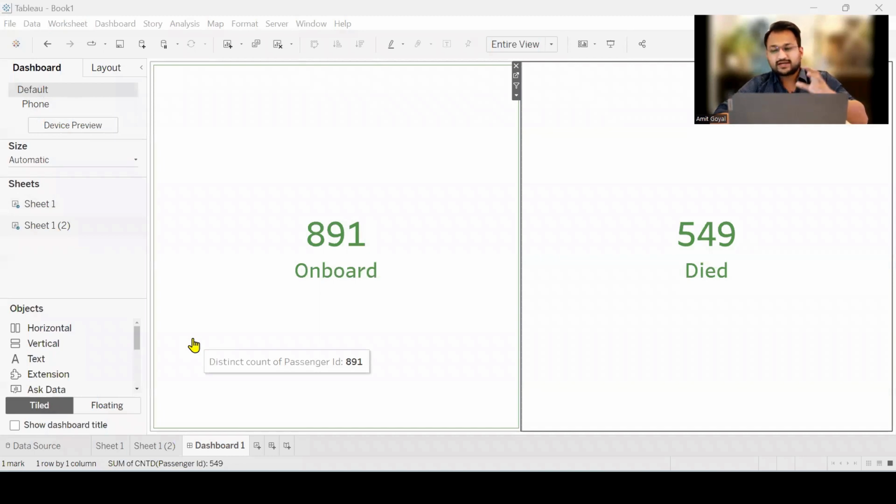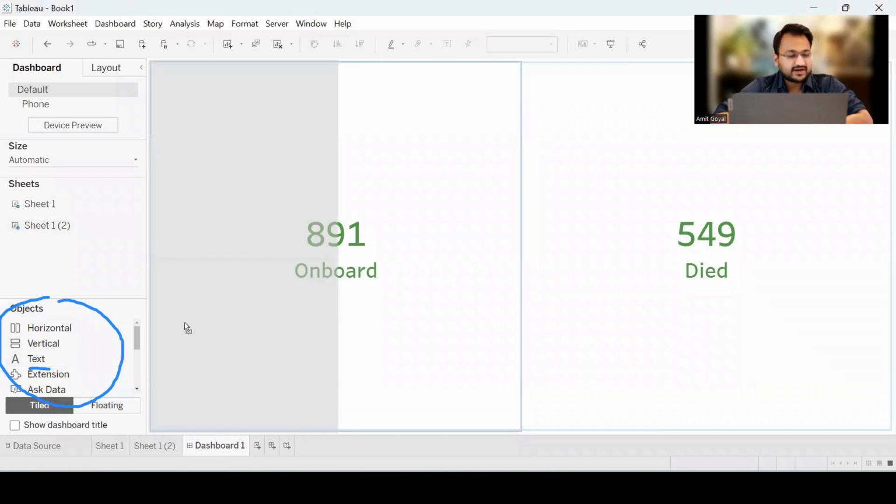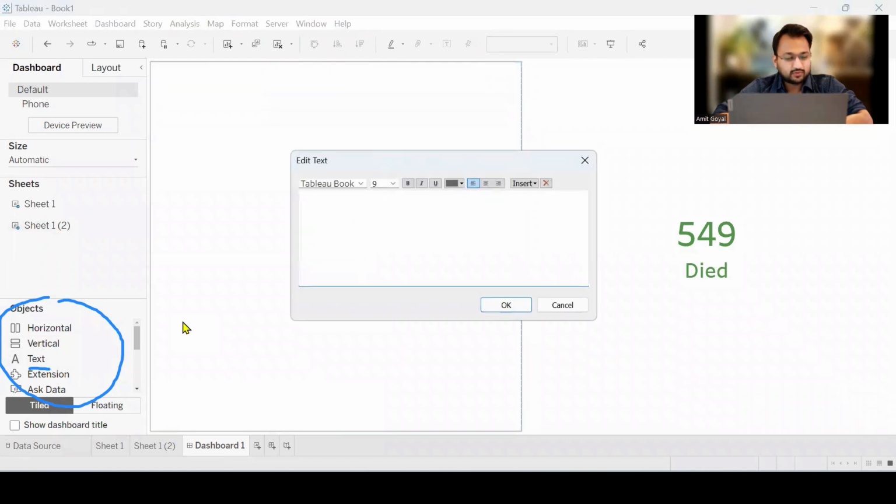Now I have to bring a text box object in order to showcase my date. So what I'll do is, if you come in the objects pane over here, you will see there's an option of text box. If I pick this text box and just drag it below this 891 on board, I will have to write my own message, whatever I want to show in the text box. So I will write it as 1912, hit enter,